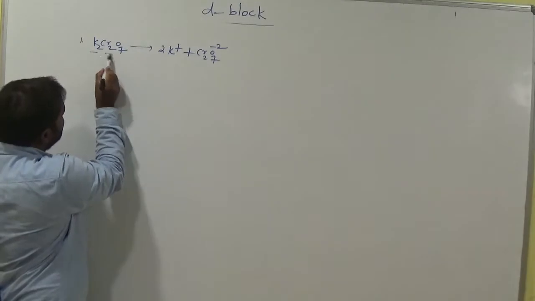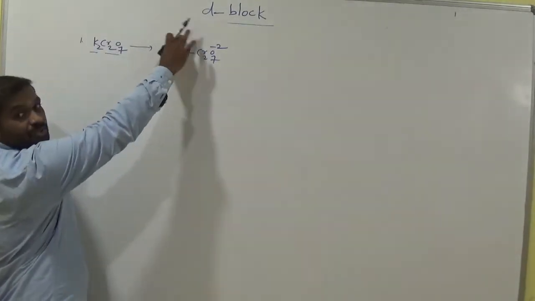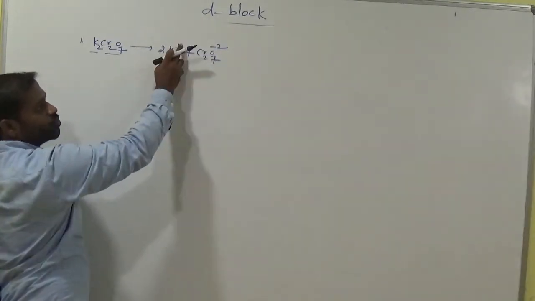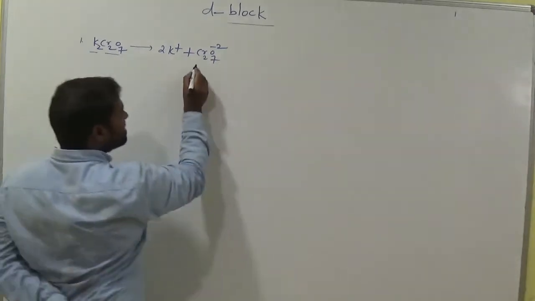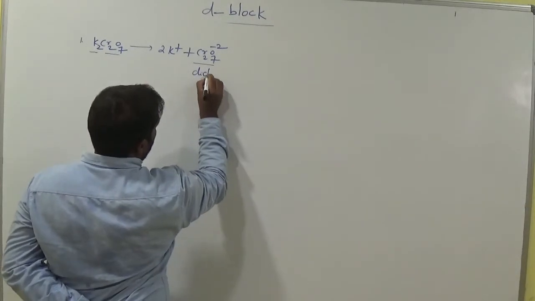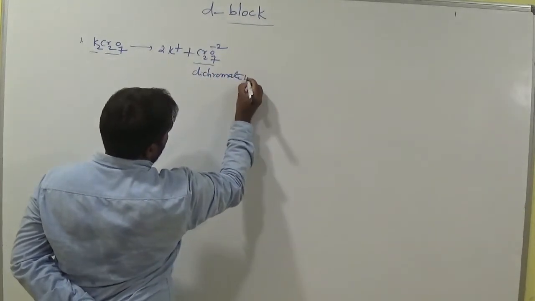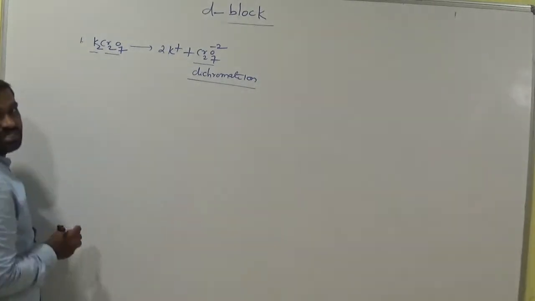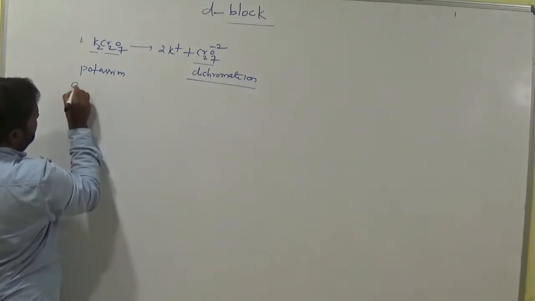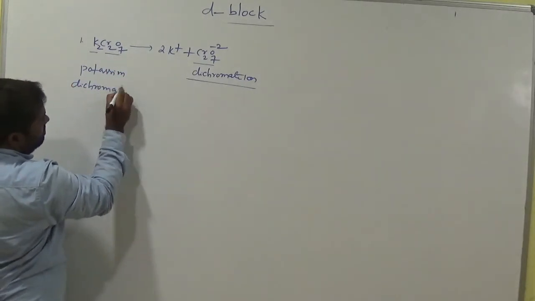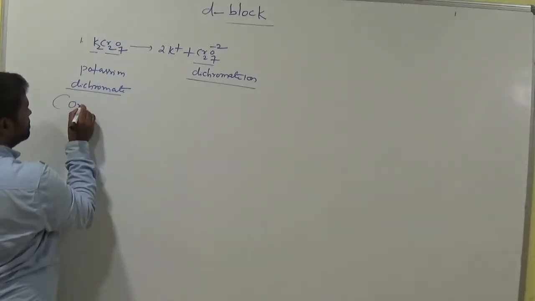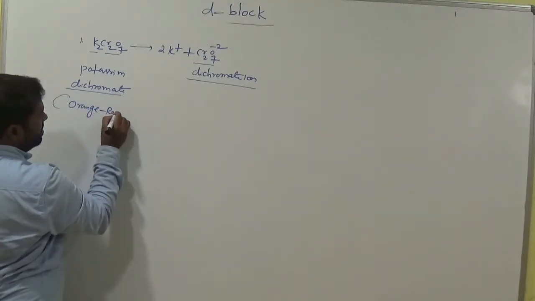This is one part, this is one part. Remove 2 plus, 2K plus. The remaining Cr2O7 minus 2. Why is it minus 2? Because here it is 2 plus, so keep minus 2. This is called the dichromate ion, Cr2O7 minus 2. This is potassium dichromate, which is in orange red color.